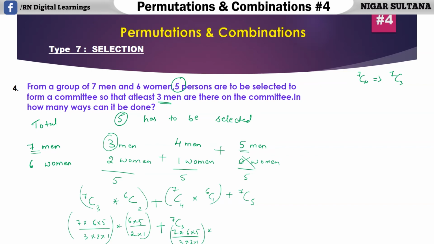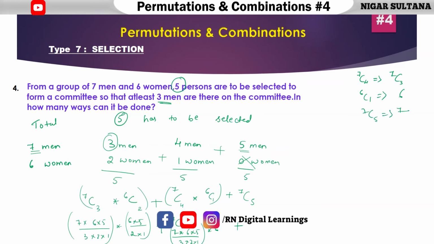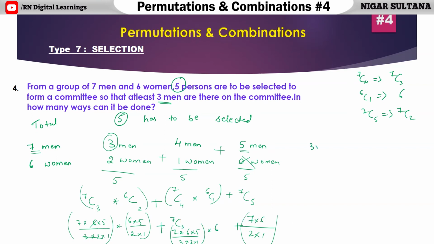Okay, star 6C1 is nothing but 6. Now this is 6, plus 7C5 can be written as 7C2, 7 into 6 divided by 2 into 1. Let's simplify this. This 3 into 2 gets cancelled. This is 35, right? I'll write down 35 into 2 1s are 2, 3 5s are 15,